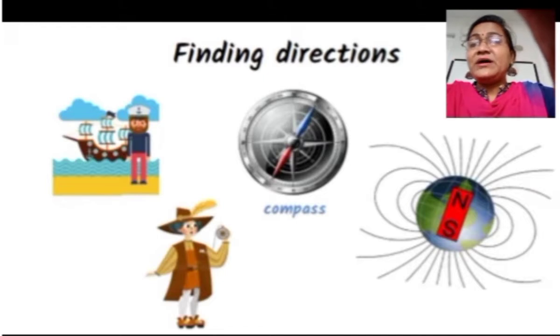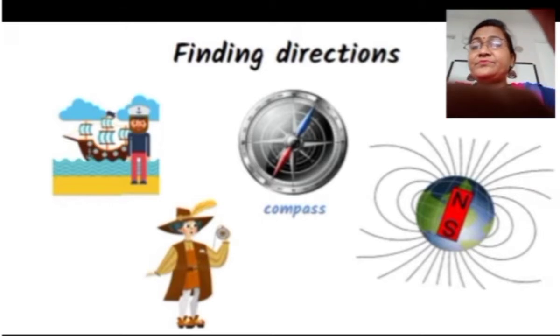In a compass, a tiny magnet is placed on a pivot which is free to rotate, just like a freely suspended magnet. Like a freely suspended magnet, a freely pivoted magnet also always comes to rest along the north-south direction. The north pole of a compass needle is painted with a different color to distinguish it from the south pole. This north pole end of the magnet always shows the north direction of the earth.